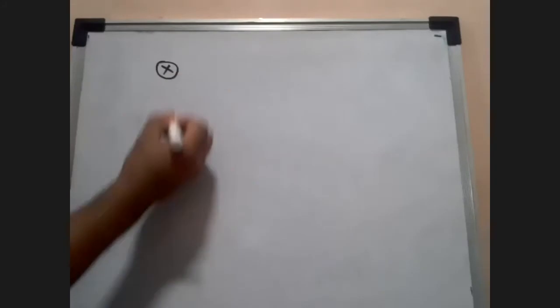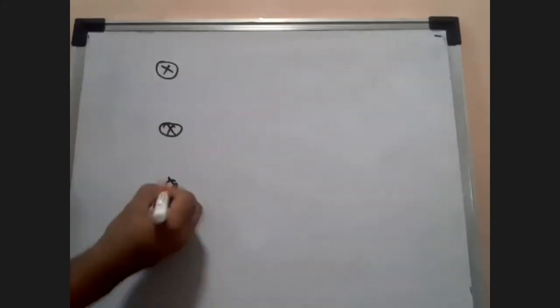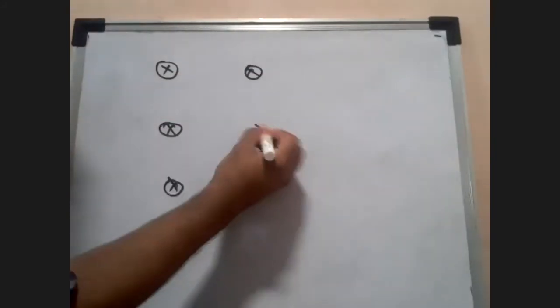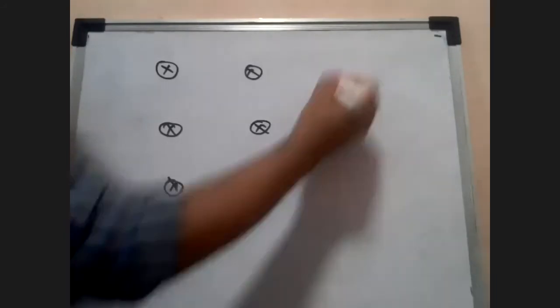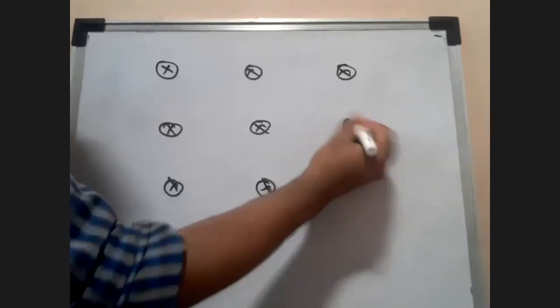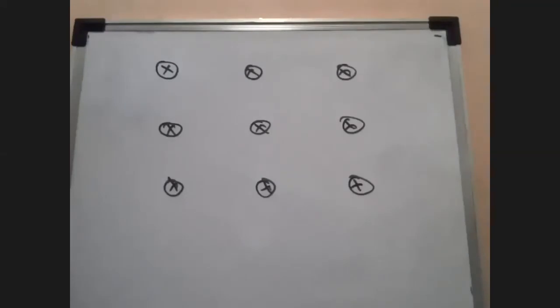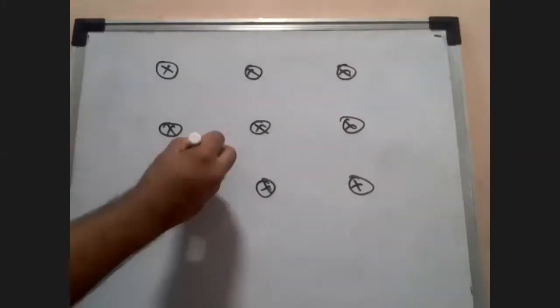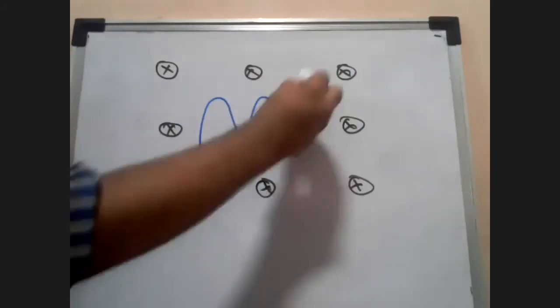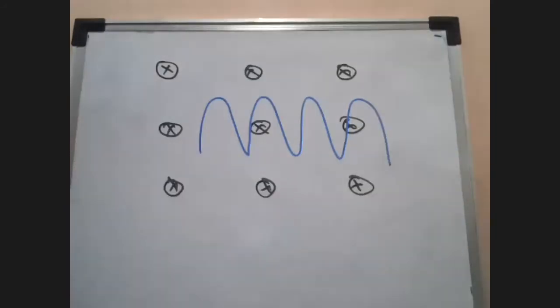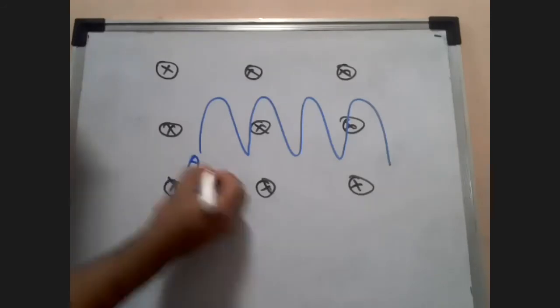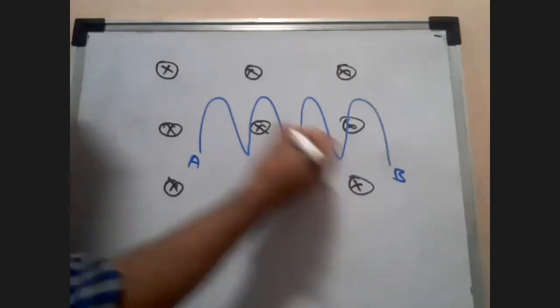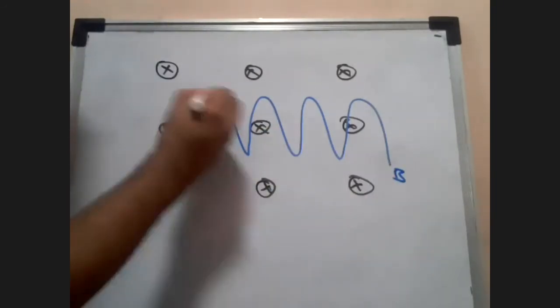Okay, let's consider a little bit more sophisticated case, let's talk about this now. Let's consider the wire to be in this form. And now it starts from a position A, ends at a position B. It is carrying a current I like this.